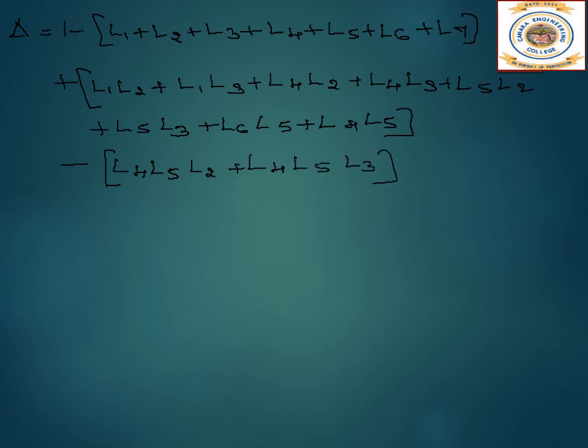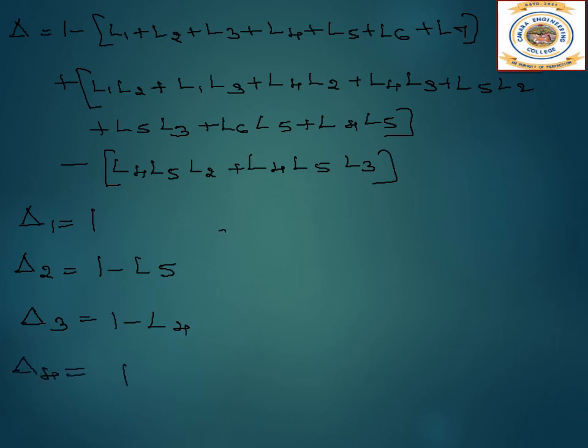Then we have to write delta 1, delta 2, delta 3. Delta 1, forward path, all the loops are touching the forward path, therefore delta 1 is 1. Then delta 2, forward path. So the L5, it is not touching the forward path, so 1 minus L5. Delta 3, we check the third forward path, that is L4 is not touching that, therefore 1 minus L4. And delta 4. So this will be again 1.